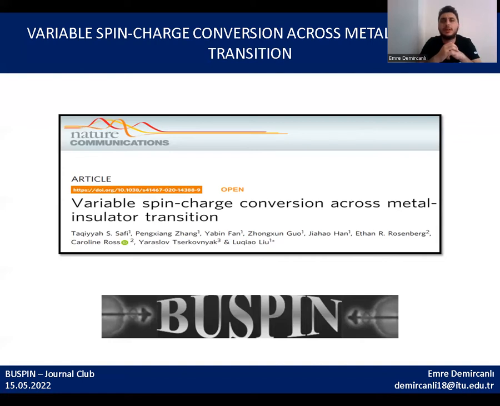and Silsbee in 1987. At this point, the importance of charge to spin conversion efficiency in spintronic applications was discovered. Under normal conditions, this conversion efficiency is due to the structure of the material itself and does not easily change without chemical or structural changes. If we move on to the article,